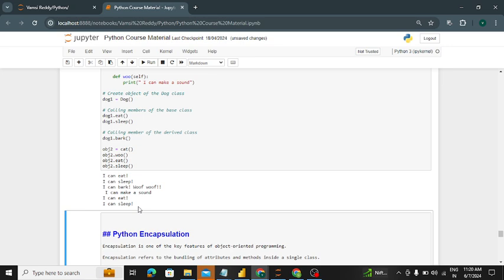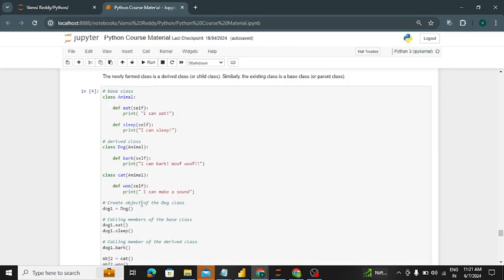This is multiple inheritance: a single base class, multiple derived classes. You can create n number of derived classes. You can create one for the elephant, one for the snake, whatever extra features you want to add. I mentioned only two functions in the animal, but animal can eat, animal can swim, everything. Whatever you want to mention in an animal, you can mention, and whatever you want to access in the derived class, you can access. This is inheritance. If you want to write this program, you can write single inheritance as well as multiple inheritance.